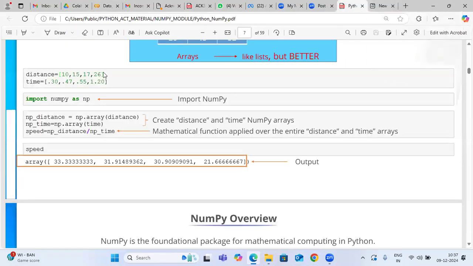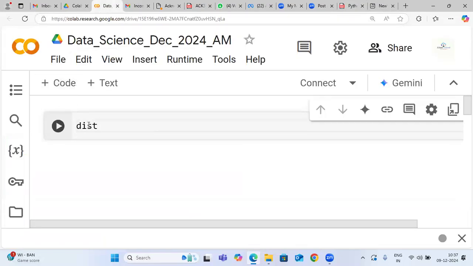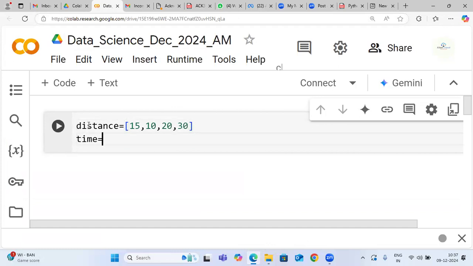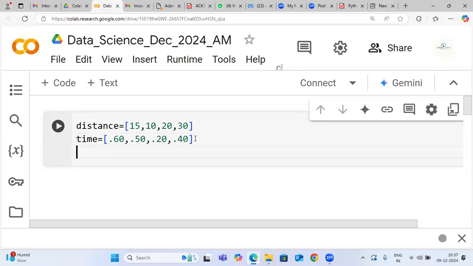The distance and time will be taken. So now if you want to perform the operation,